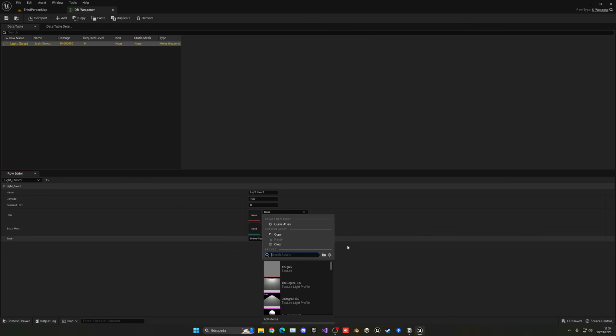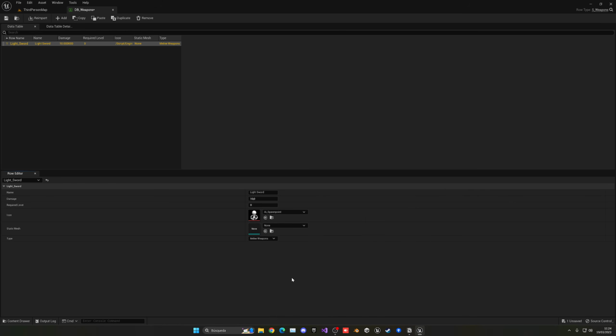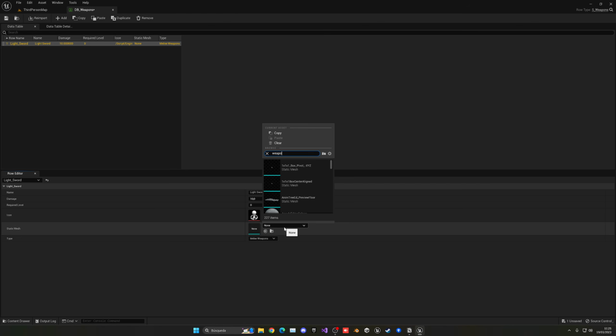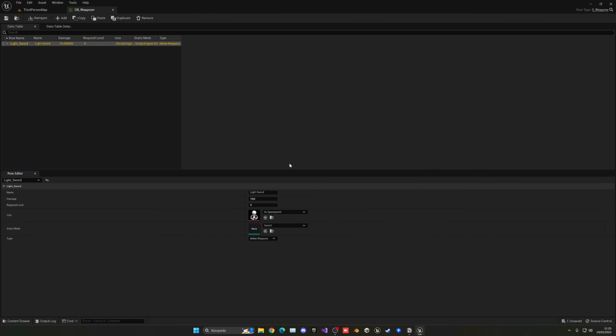And then icon, for now, let's just put, for example, this one over here. In the future, of course, we'll have proper icons. And inside of mesh, we actually have our sword, so we can just go ahead and select it. And then types, well, it will be melee weapons. Great. So now we can add another one, and this will be